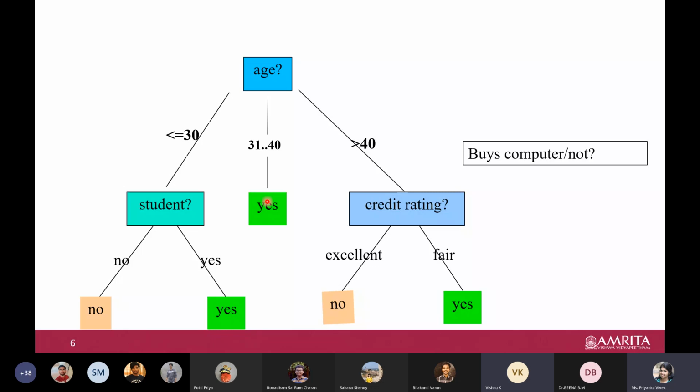We can just stop it there. Why can we stop it here? Because our intention is, finally, to reach a class label. In this particular case, it is a coincidence, or because of our data distribution, that all instances are falling under yes. So we need not split further, because all the instances already became yes. We stop further growing because they all belong to the same class. So for age 31 to 40, it has already reached the leaf node, which is the class label yes. We'll repeat this when we do the problem, but I'm just giving a hint.